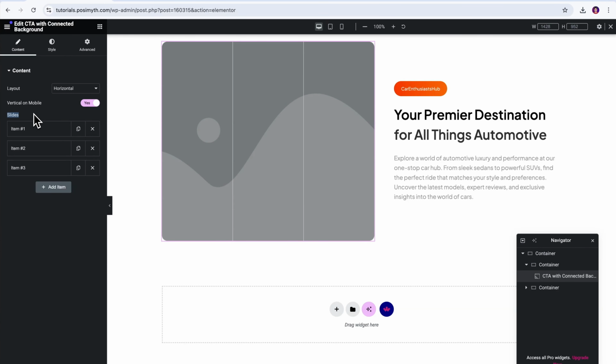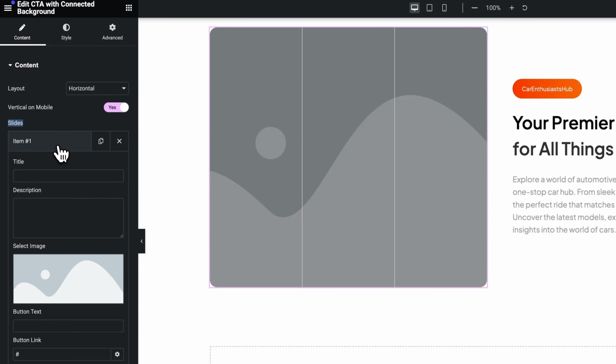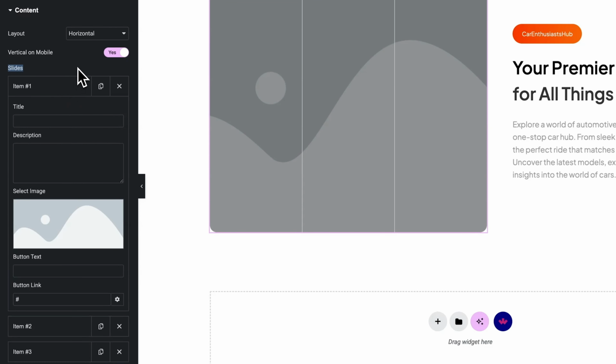Right here, you can see there are three item boxes which represent each of these sections within the layout. I'll open the first item box, and as visible, there are four sub options here. First one is Title, using which you can add your heading. Then Description to add supporting text, and next up we have Image, which is there to let you display a